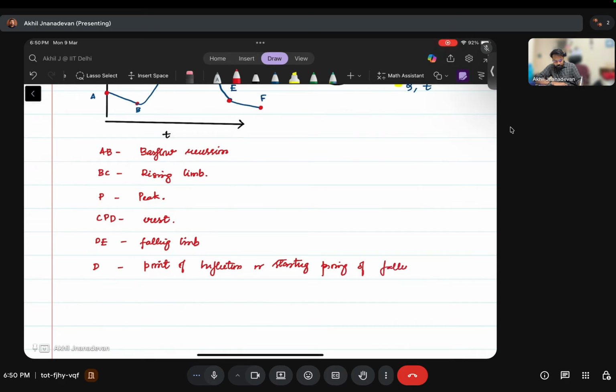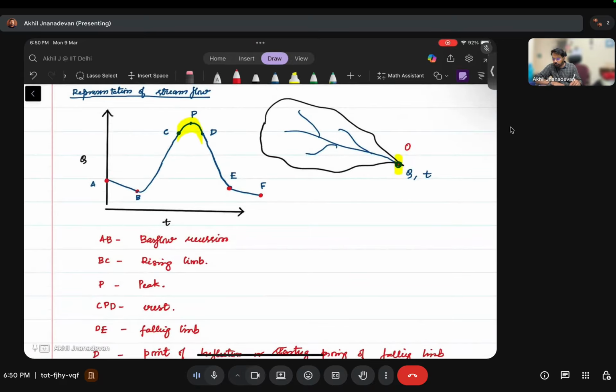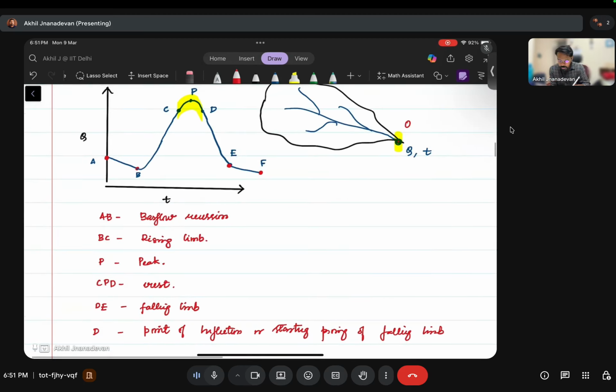Flow is contributed from different storages of the catchment. So here at D to E, the flow is contributed by different storages in the catchment. So the storm has ended. So the runoff ends here. The runoff ends at what we call E,